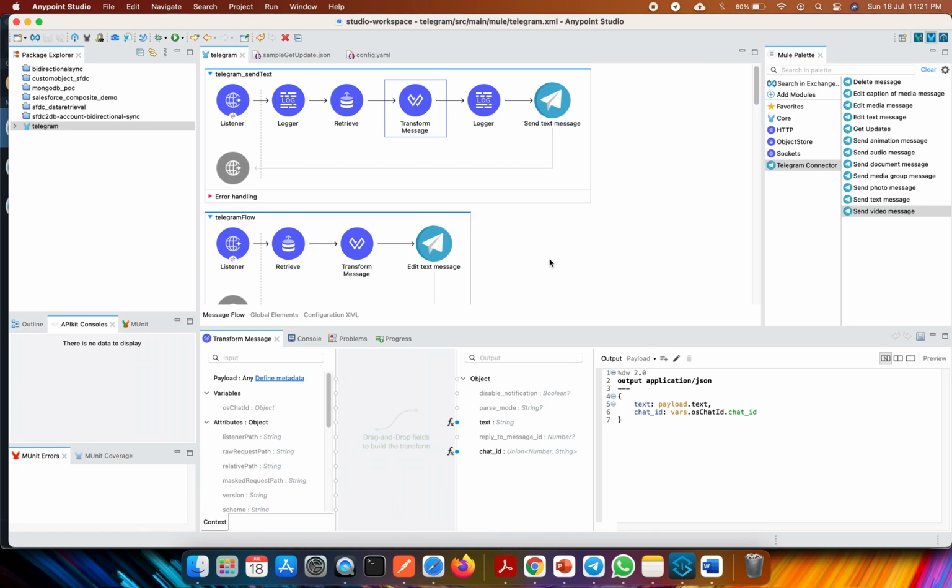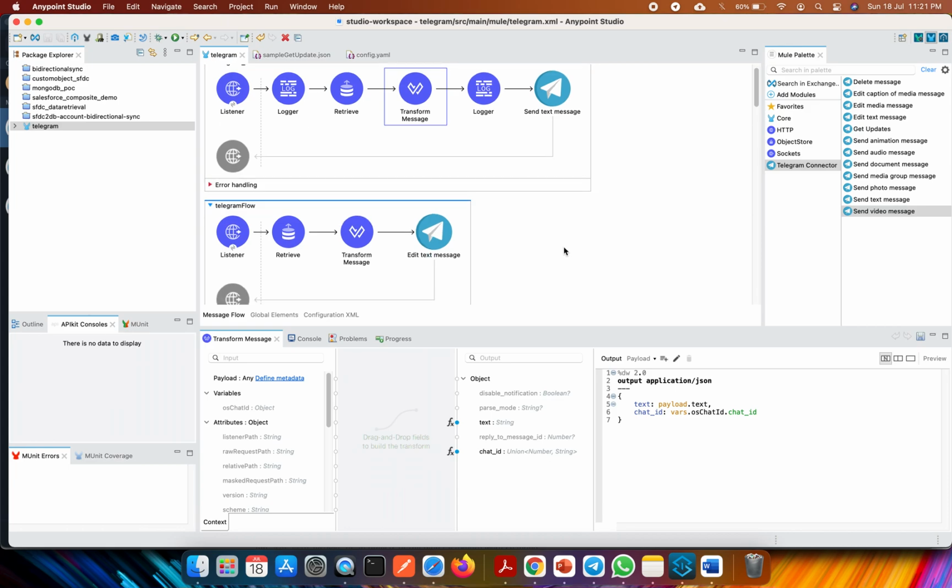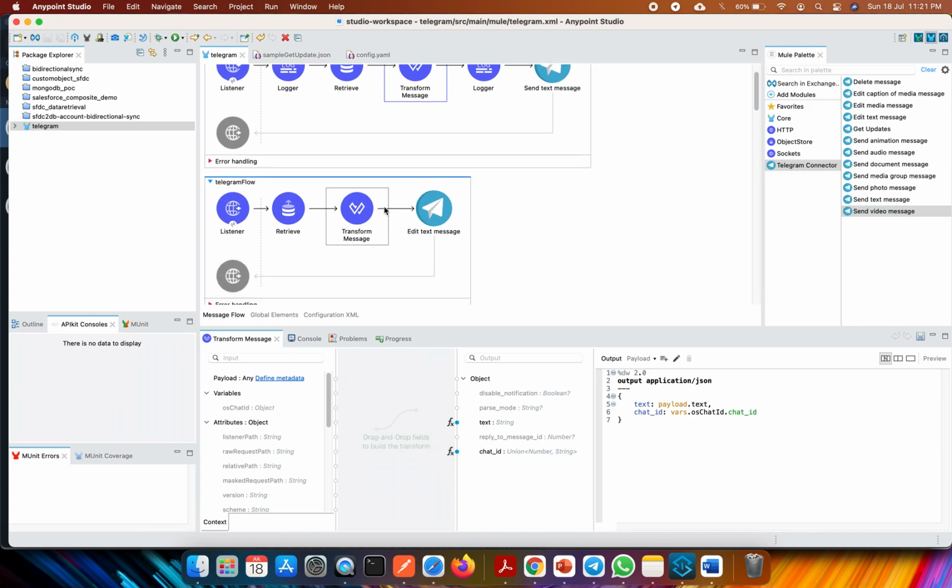Having said that, let's suppose I have sent a particular message, but later I came to know, oh, this is not the correct message and I need to edit. Then this edit text flow can be used.